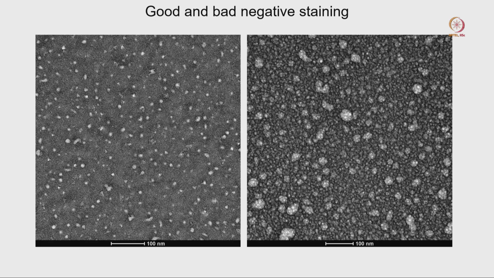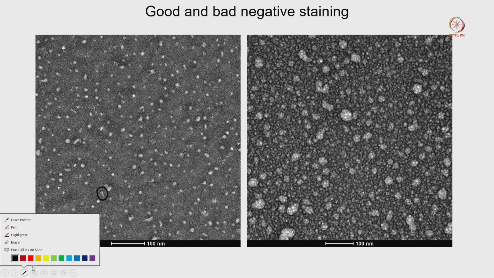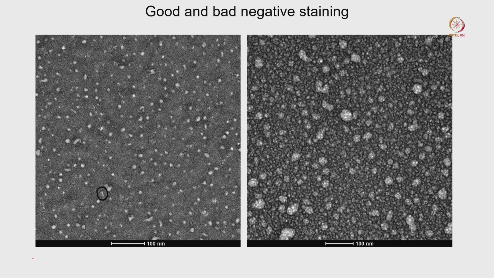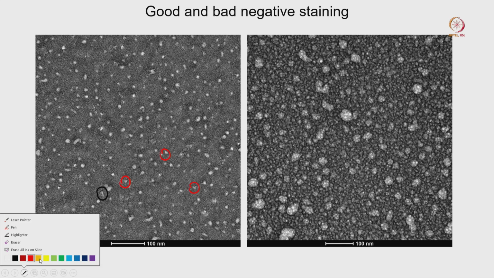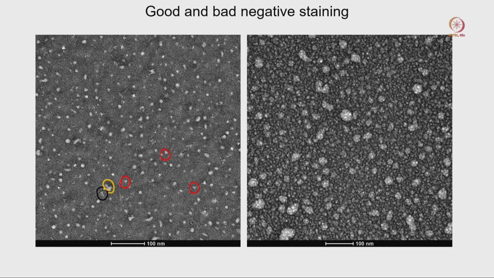In this thick stain image, if you recall, there are some good particles, you can see them. If I go here, you can see there are some triangular-shaped good molecules, but at the same time there are many particles that basically have no proper shape, and this is happening because of this thick stain. We cannot identify any proper shape from those molecules. They look like spherical or circular things.